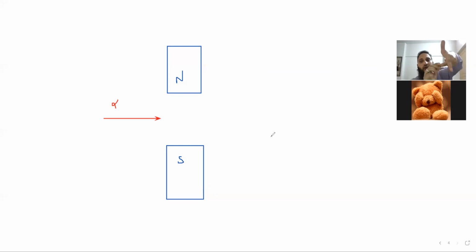My second finger should point in the direction in which the particle is moving. My first finger represents south, which is down, and my second finger represents the direction in which the alpha particle is moving. My thumb is pointing into the paper. You have to use the left hand for an alpha particle. First finger represents south, second represents direction of the particle, thumb is pointing into the paper. So when you apply this rule,